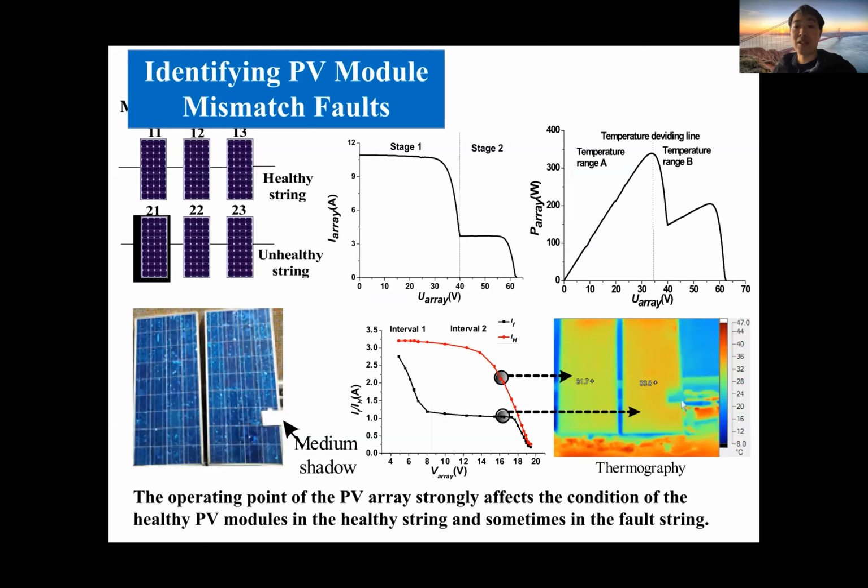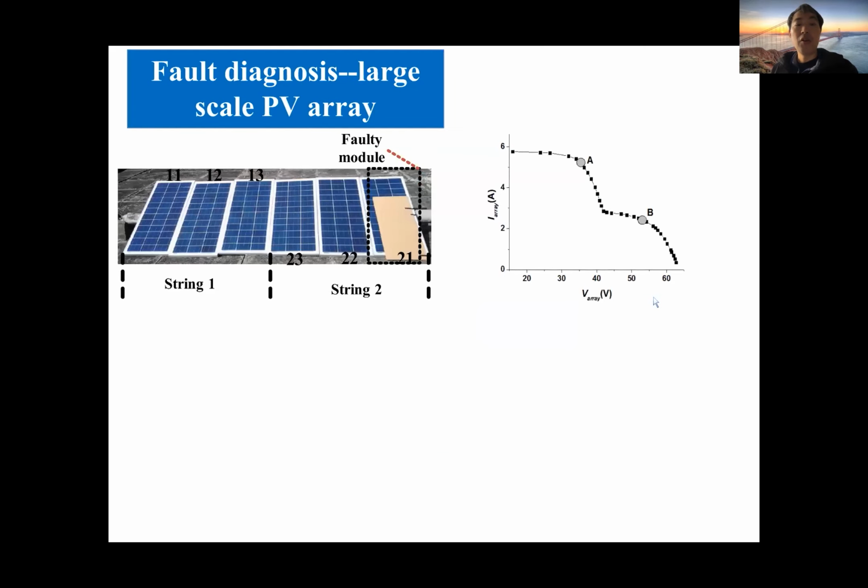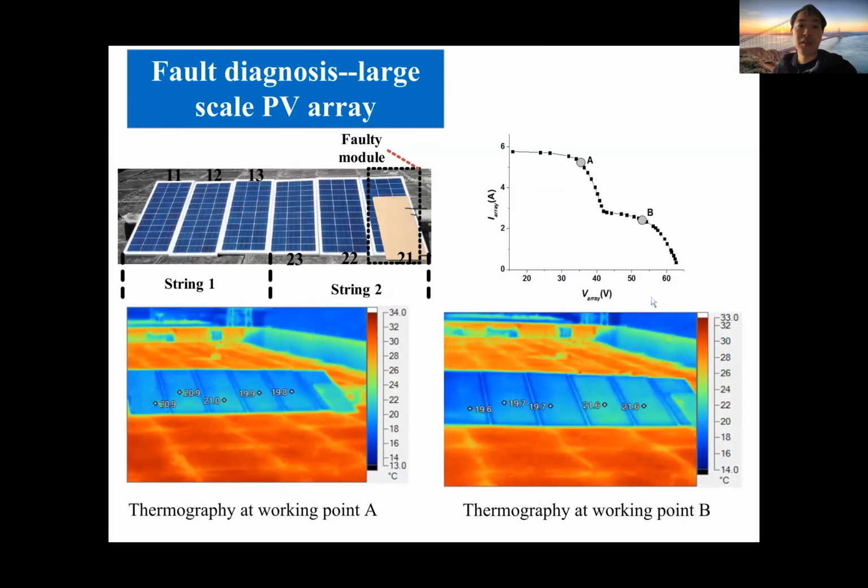The other difference is the faulty area. So we can go through another scenario: the open circuit fault and the short circuit fault. We can see the thermal image temperature difference is totally different. In electrical terms, all those faulty conditions have very similar terminal electrical output characteristics, but for the thermal image they are totally different. So we did some experiments to compare the temperature distribution under a faulty condition with two different working